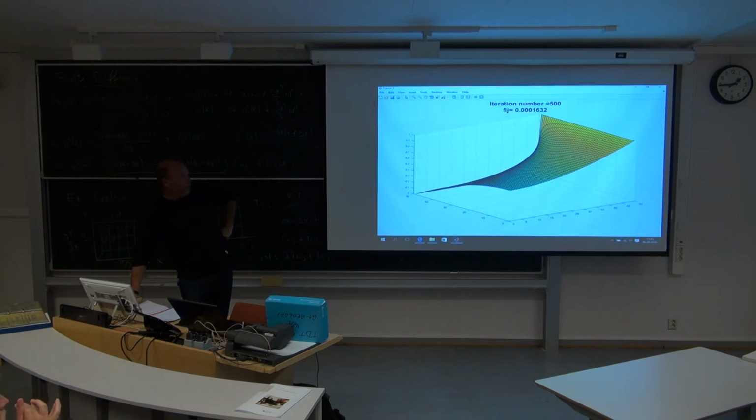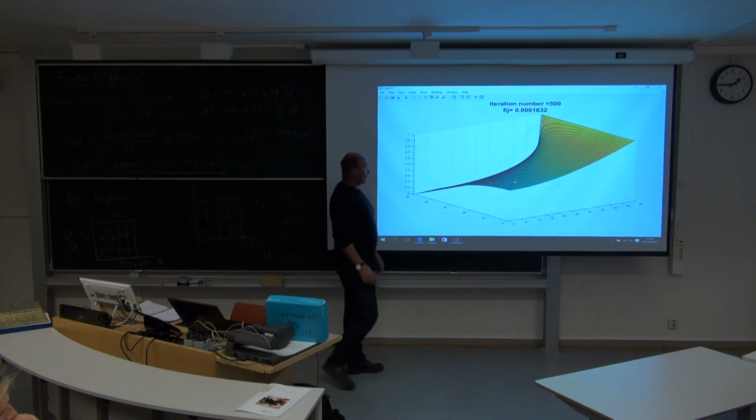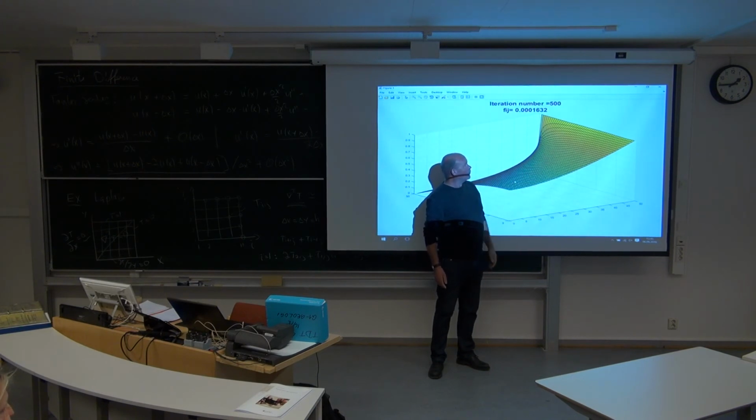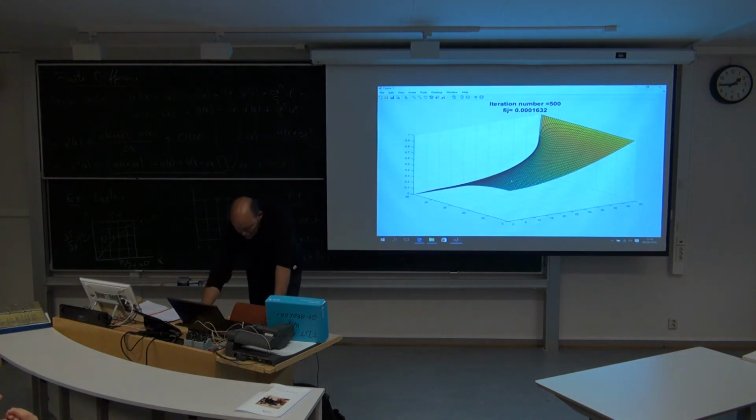So when will you be happy? Well, we need a criterion here, of course. For this problem, it's not so easy to find a criterion. You have the residual, as we call it, that we know should be 0 at all points. So when the accumulated sum is very close to 0, you can be happy. That's one way to stop it. Or